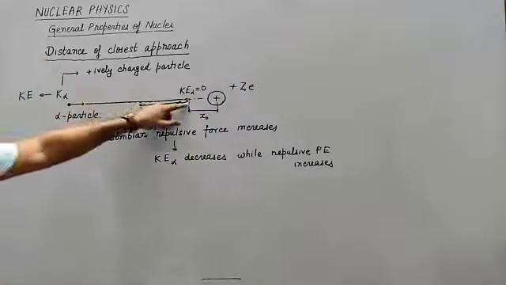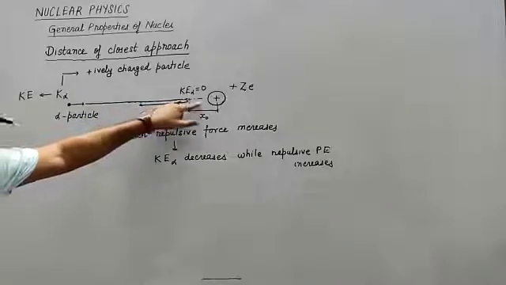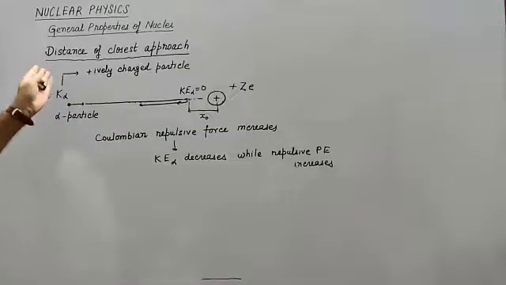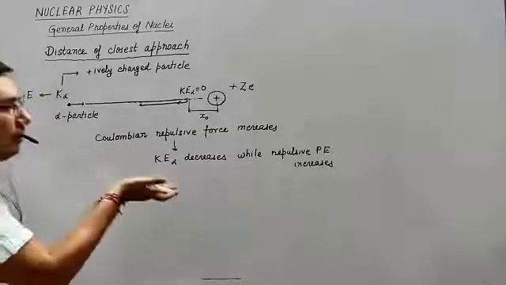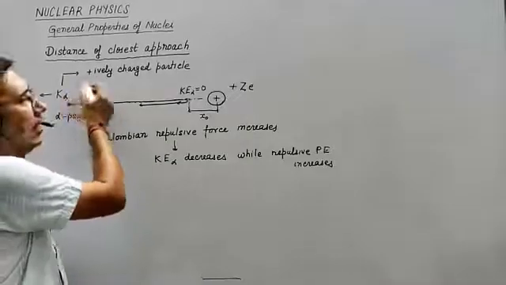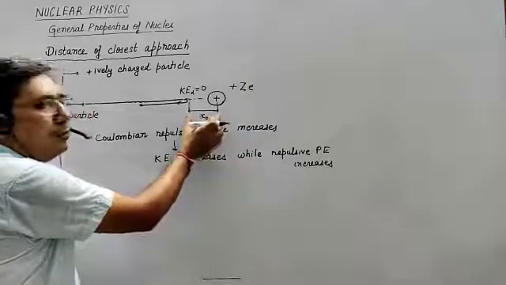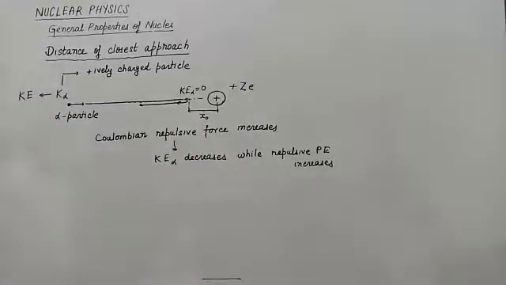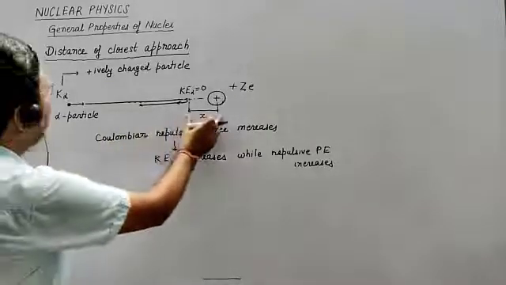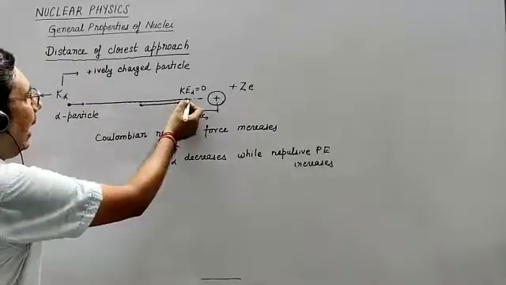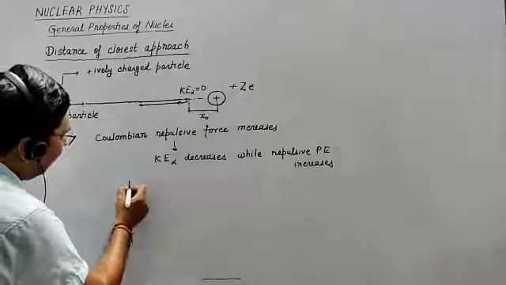This alpha particle cannot move ahead of this point because its kinetic energy becomes zero. Only if you increase the initial kinetic energy will it move further in the forward direction. So this value x0 depends upon the initial kinetic energy of the alpha particle. So we can calculate this distance x0, which is known as the distance of closest approach, by the condition that at this point initial kinetic energy